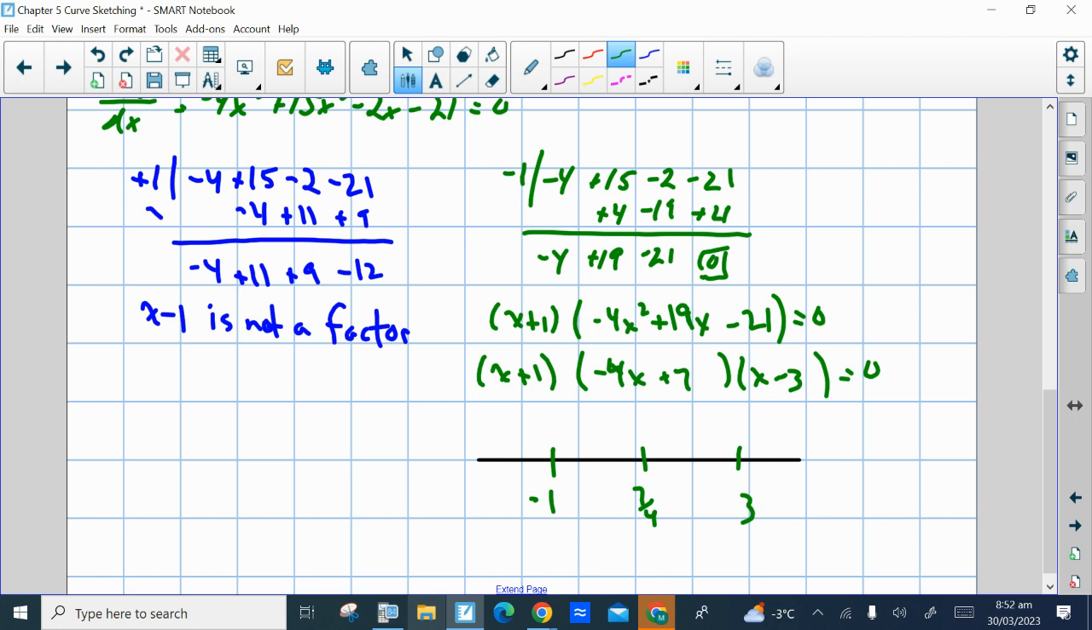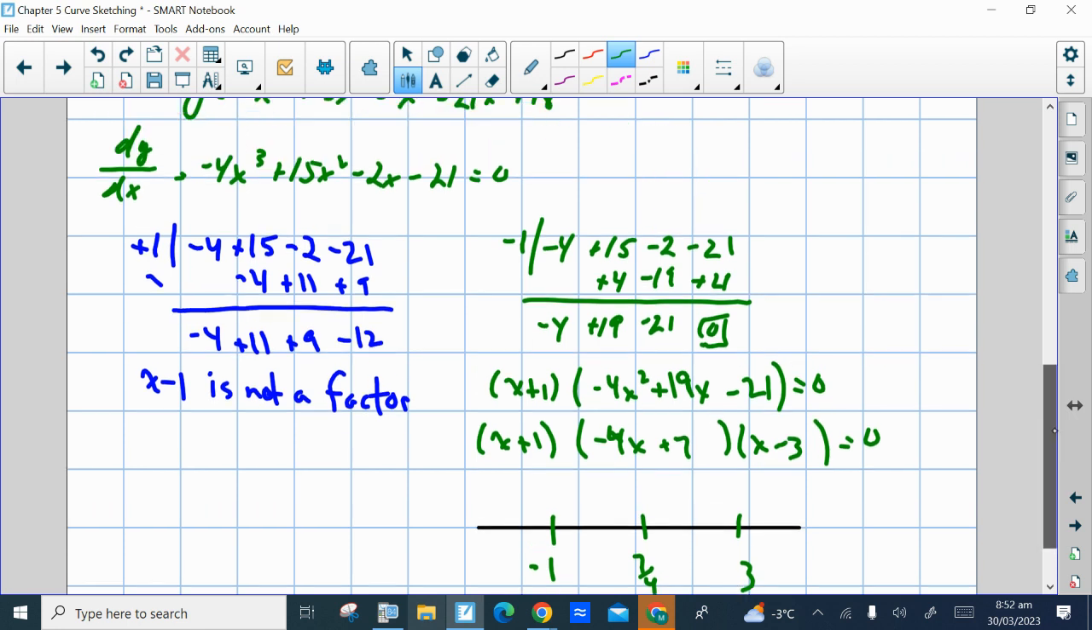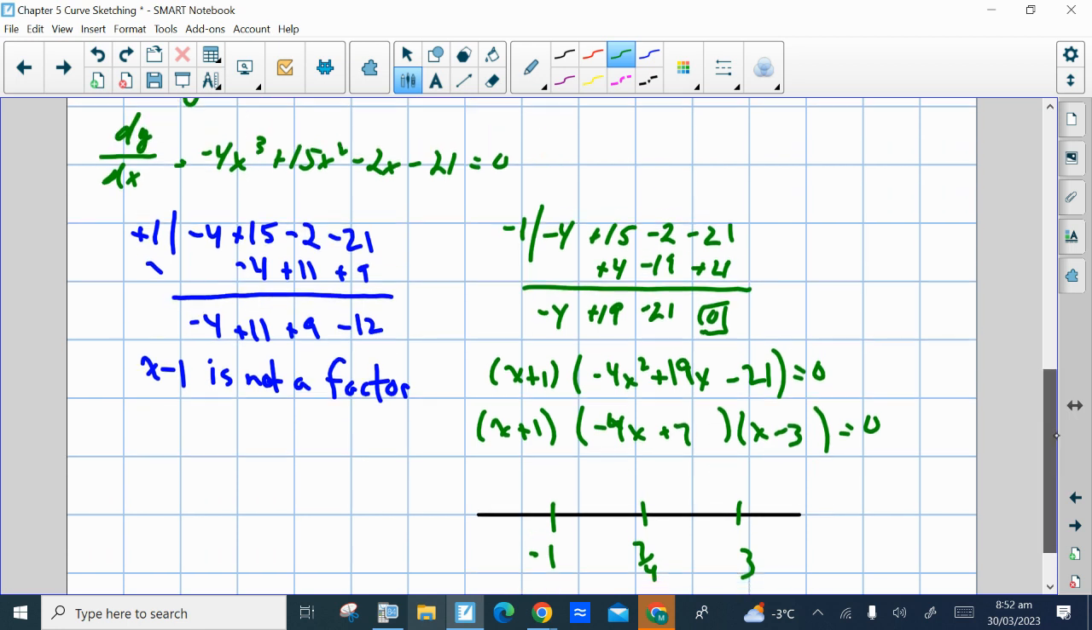If we choose a number less than negative 1, let's say negative 2, and we plug that into the derivative, so we'll use the factored form. When x is negative 2, x plus 1 is a negative value. The second factor is what